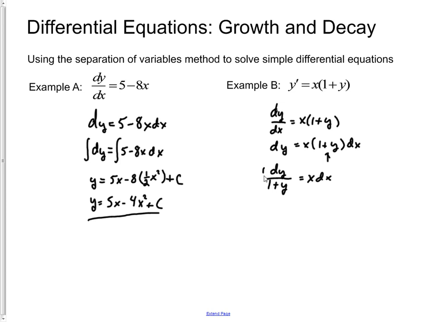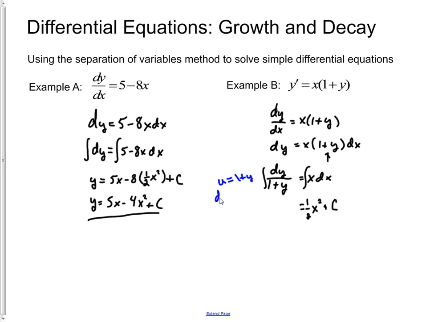Well, in fact, this is something that we do know how to integrate, because if we now integrate on both sides, we take the antiderivative of the expressions that we see on both sides of this equation, let's see what's going to happen. On the right-hand side, we know that we're going to get 1 half x squared plus a constant. We'll put the constant on the x side because it's a little bit easier. But what about dy over 1 plus y? Well, we've seen this before. What we would deal with is a method of substitution. And if we said that u was equal to the quantity 1 plus y,